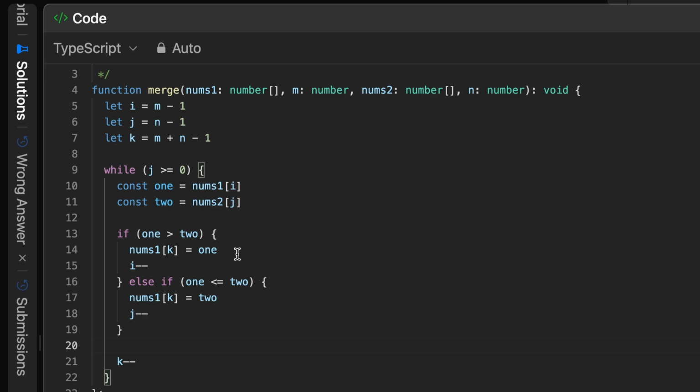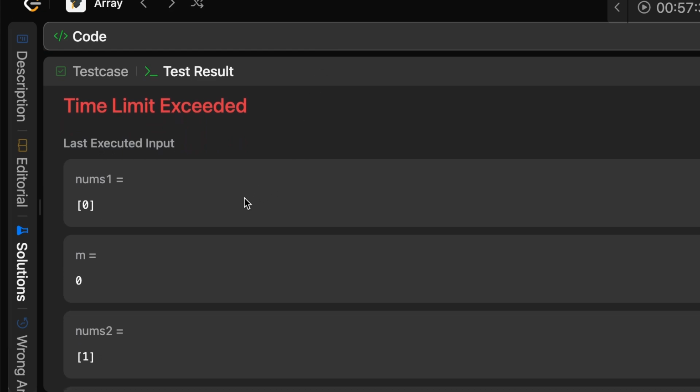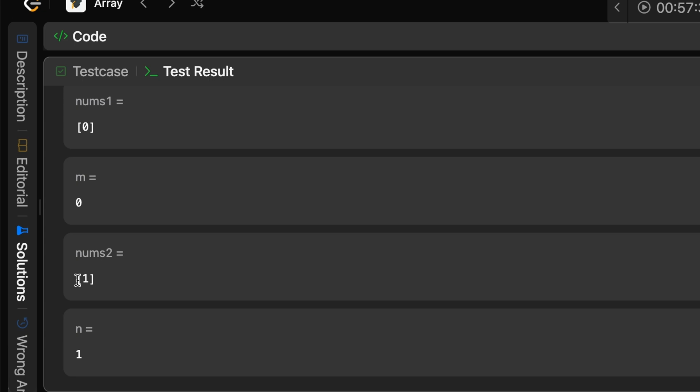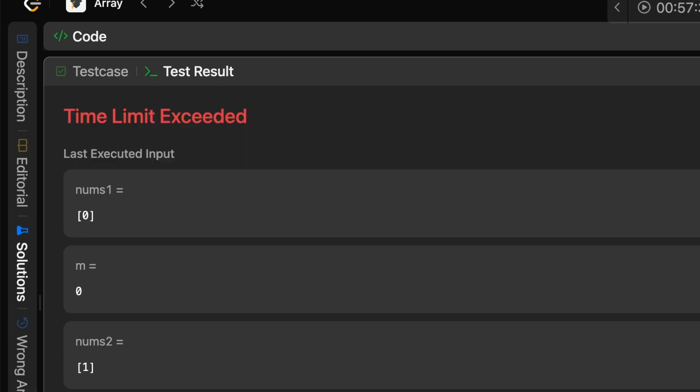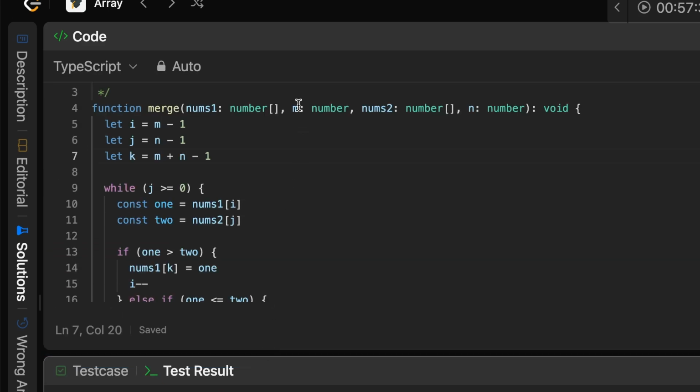Yeah, this is essentially it. We can run it, see if it works. So we're getting a time limit exceeded when nums1 is 0, m is 0, and so on. So that's likely happening because when m is 0, 0 minus 1 is -1, and we're not doing any checks for that. So we have the j is taken care of because that's what we're using to loop,